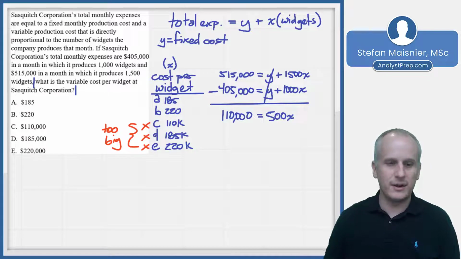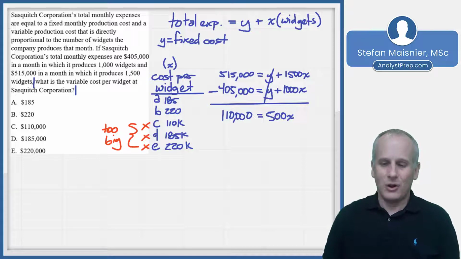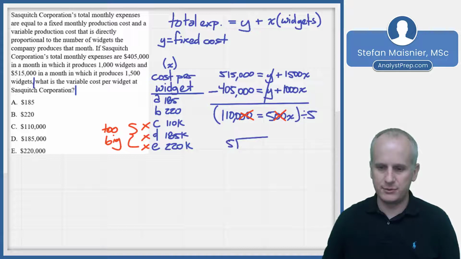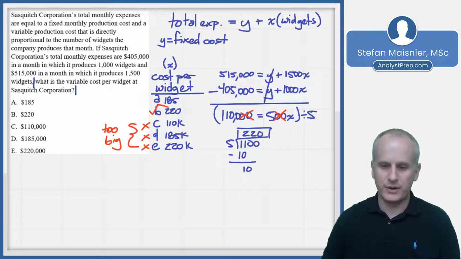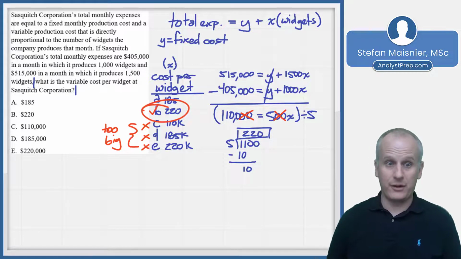Now, recognize as well that we once again have a situation where long division seems more difficult than it is. First, just cross out the extra zeros for the 100 and simplify my division of 5 here. So we're going to have 5 going into 1100 now. 5 goes into 11 two times. 2 times 5 is going to be 10. Subtract that out, we get another 10. 5 goes into 10 exactly 2 times, and we just have a 0 left over. So our cost per widget, sure enough, is $220 per widget. And there is the solution for this word problem algebraically in as few steps as possible using a system of